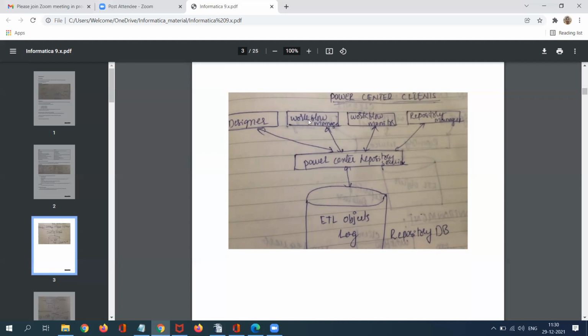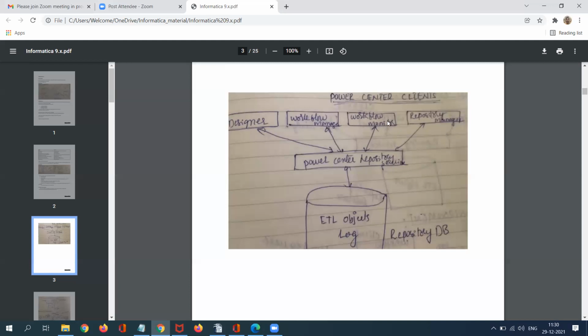Okay. See here, this is my structure that I have at a high level. What are all the Power Center clients that we have? Designer, Workflow Manager, Workflow Monitor, and Repository Manager.